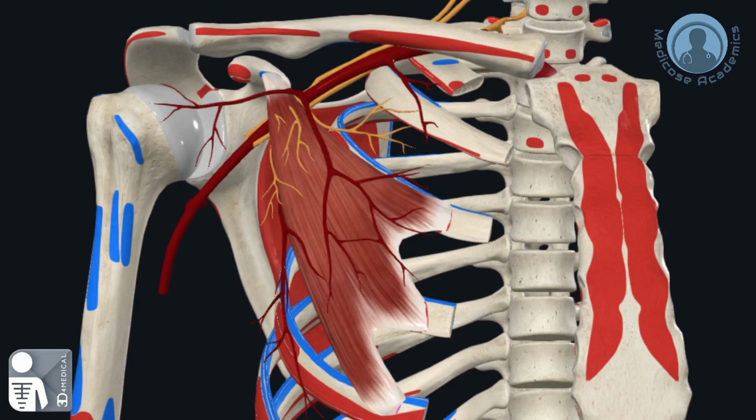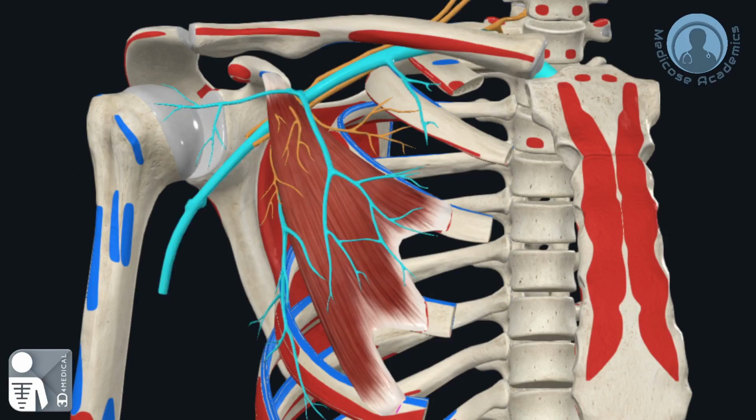This muscle is supplied by both lateral and medial pectoral nerves, majorly by the medial pectoral nerve, and similarly its arterial supply consists of majorly the thoracoacromial artery and lateral thoracic artery. The function of these muscles